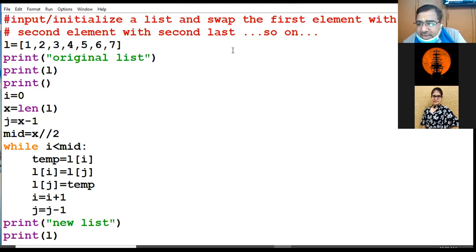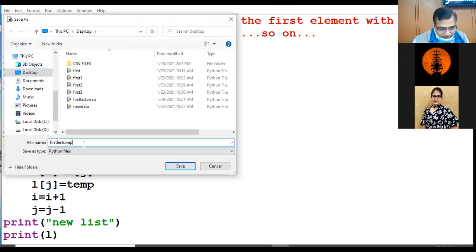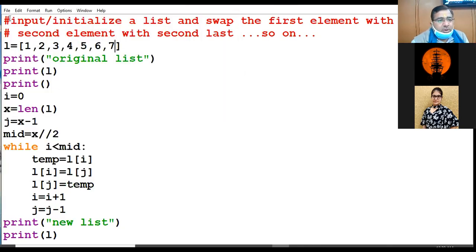And if you are accessing Zoom via laptop, please practice the program at home. I write the complete question over here.